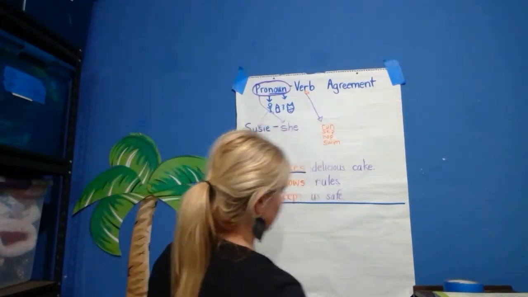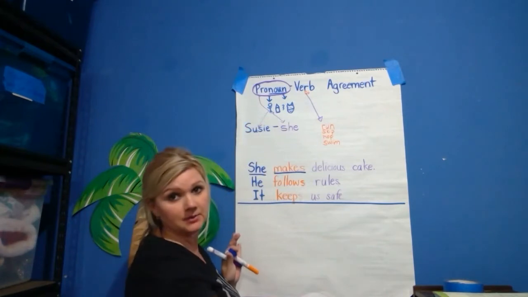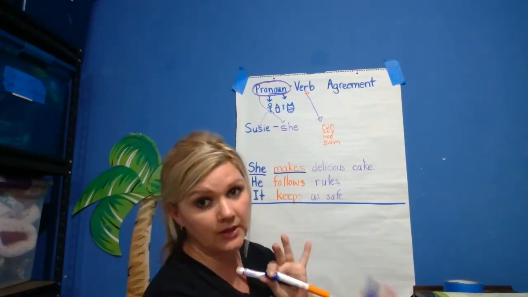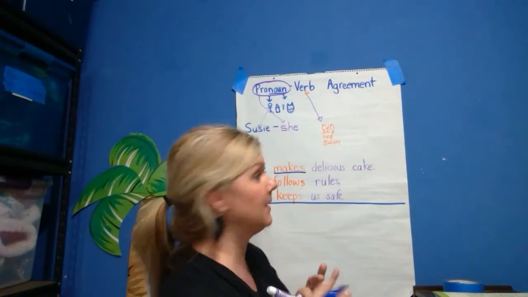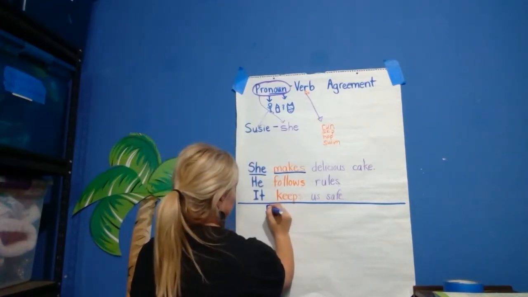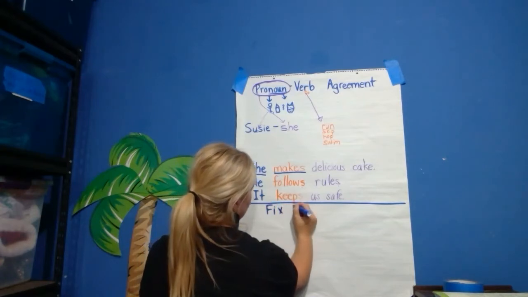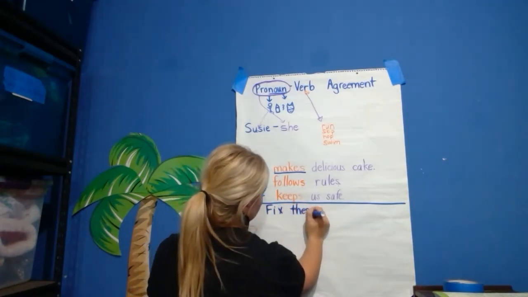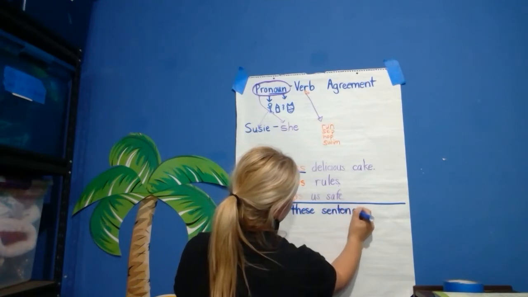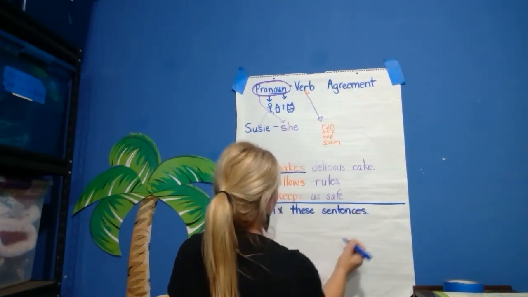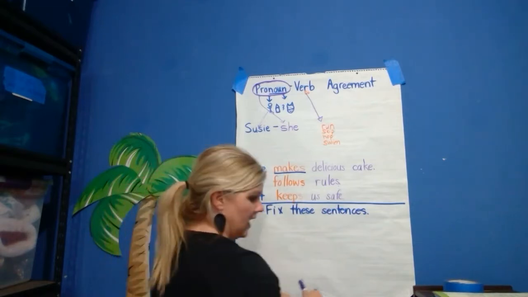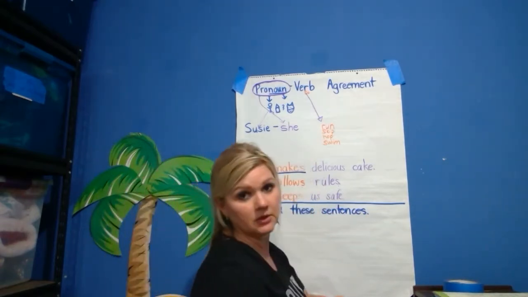So, all right, I'm going to write them. If you see them and they look wrong, it's for a reason. You are going to fix them. Okay? So I'm going to write here so you hear me. Fix these sentences that I write here. Okay, I'm not going to do it in a special color because you're going to fix them.